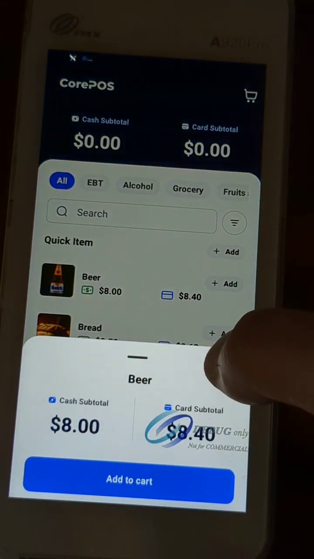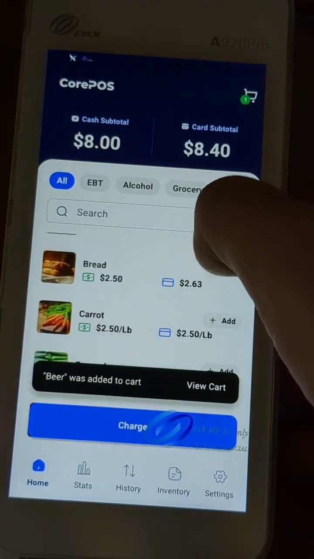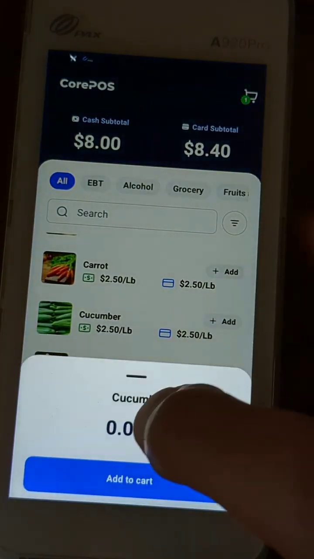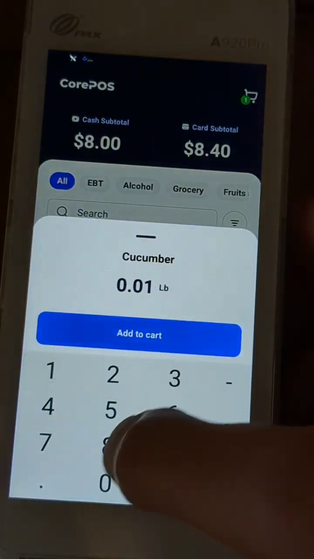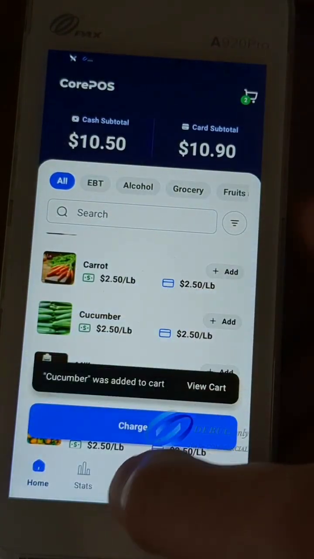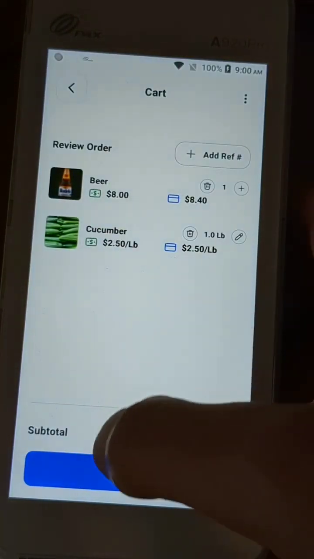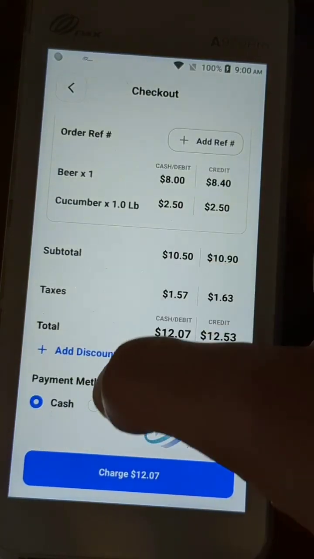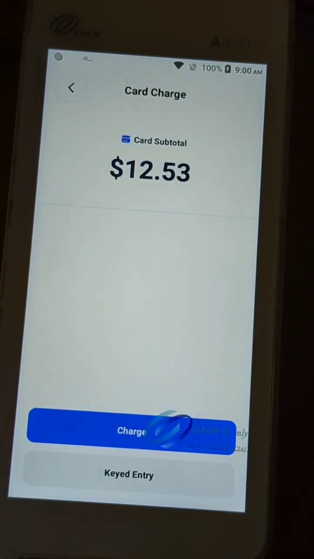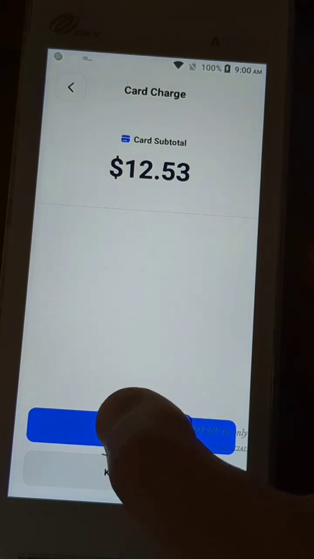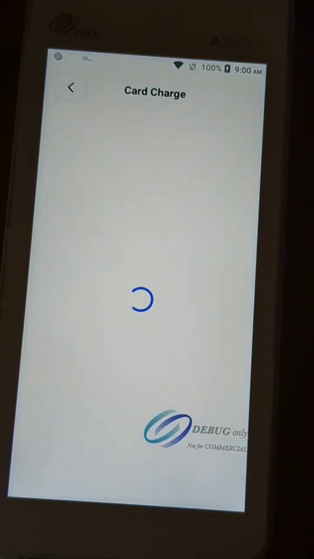Now let's take a look at a transaction with the use of the card. So we're going to build out the same cart, with a couple of items. We can say the weight-based item, put some pounds on it. And so here's the cart with 2 items. And this time we're going to go for the card. And we're actually going to hit charge. And this will give us the